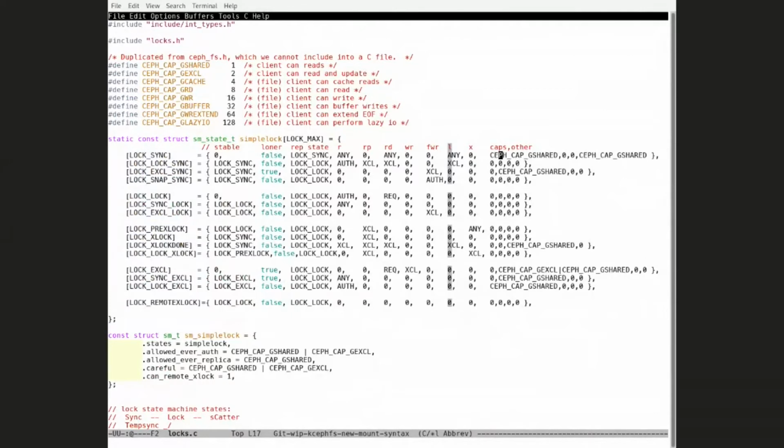Now the MDS wants to go from the lock sync state to the xlock state, because we need to xlock that particular auth lock. We need to go from lock sync to xlock state. So the thing is, now we go into a bunch of intermediate states. Okay, so how it's done is, first, if you see,